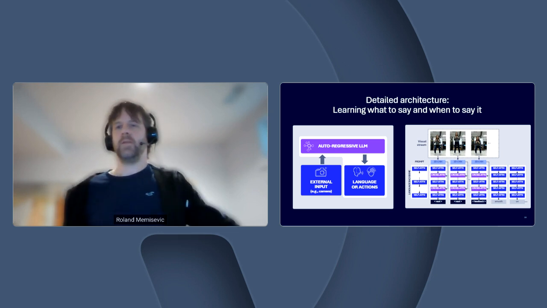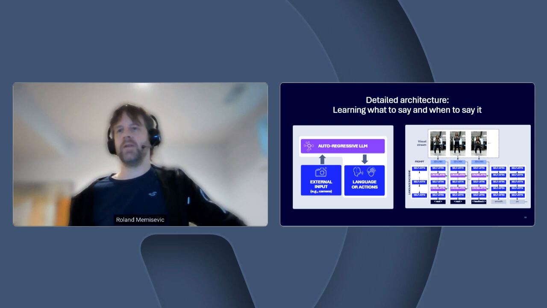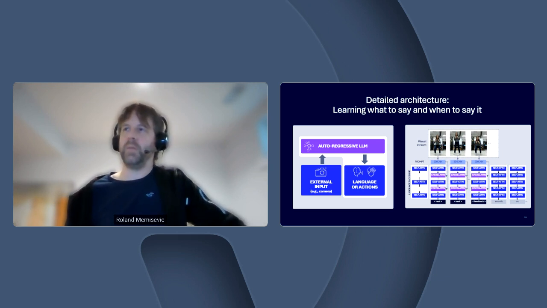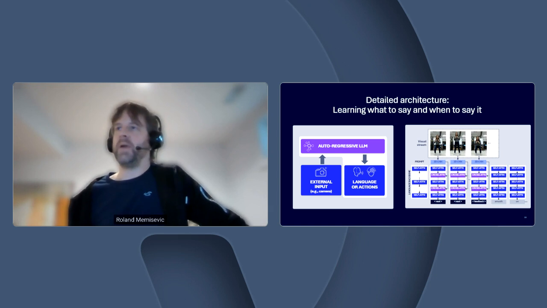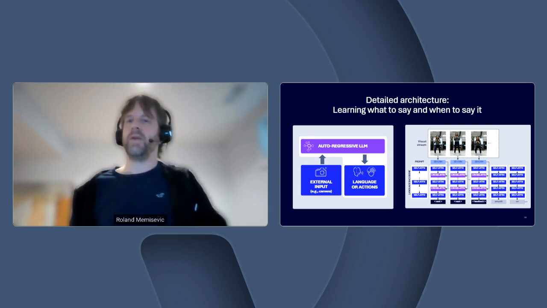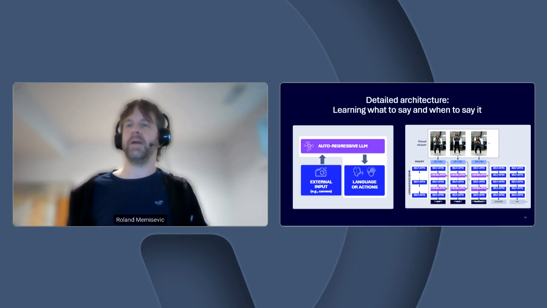And a specific aspect of this model, the way in which we handle the need to know when to speak and when to watch, is handled by the model itself. So the model needs to decide whether it should keep its eyes open and watch for visual information, or whether it can quickly deliver feedback and then go back to watching.